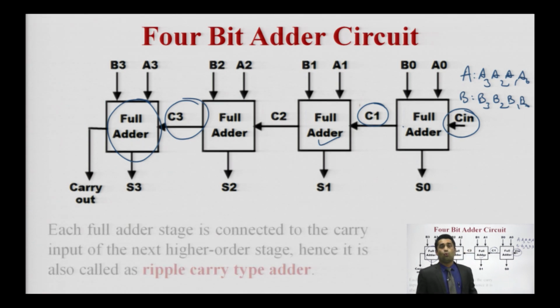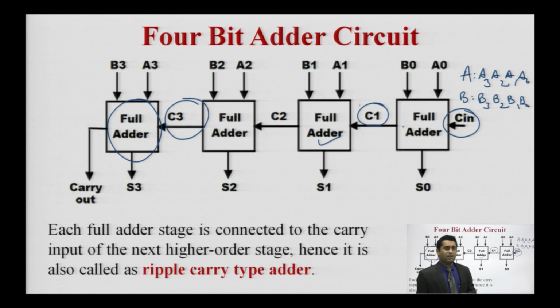So, this is one thing. Here we can directly say that each full adder is dependent on the previous one or connected to the carry of the previous one as an input. So, this type of adder is known as a ripple carry type adder, where the rippling of the carry is done here. So, if we are talking about this type of problem, that is how we are taking this propagation delay.